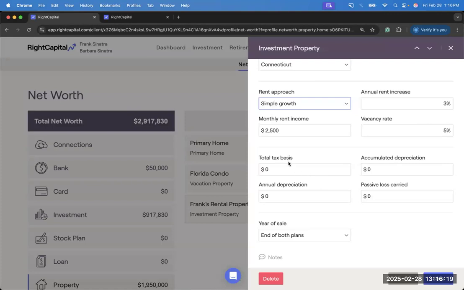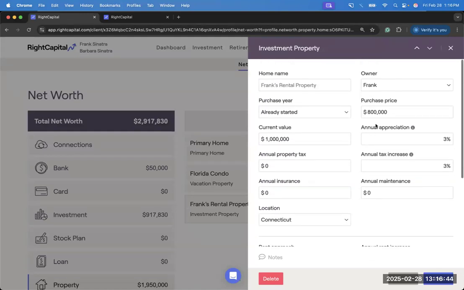So first things first, when it comes to these last couple of fields, you'll notice that a field unique to the investment property entry is the total tax basis. And this is, of course, representing the total cost basis of the property, excluding land. So that's the main thing to remember here. We want to make sure not to include any non-depreciable portion of that value. And the main thing I want to highlight here actually is that when it comes to these investment properties, the total tax basis actually replaces the purchase price in terms of the value RightCapital is going to reference